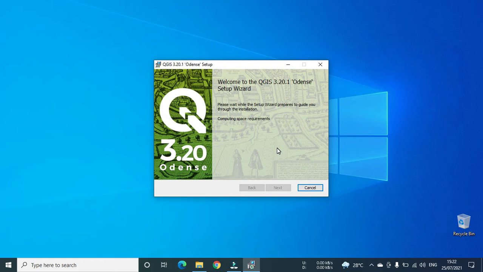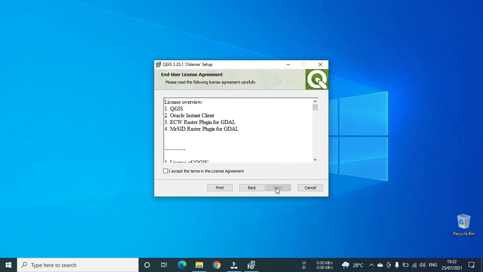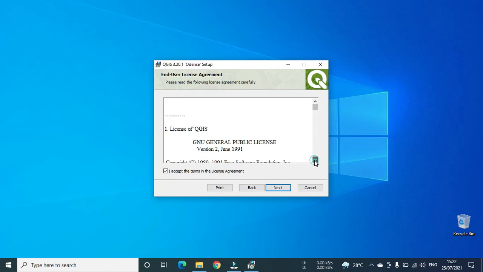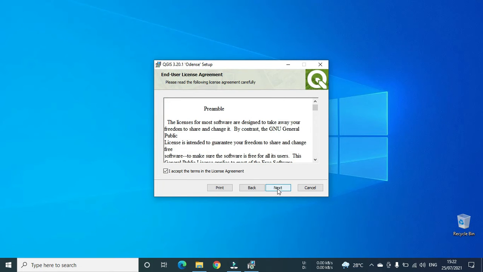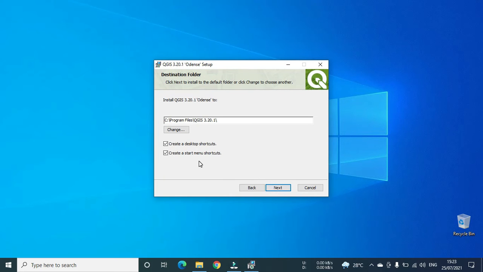Now this kind of flash screen will open and it is reviewing the system availability. Now I have to click on next and accept the agreement to move forward. If required, you can study the agreement and then click next. I am unchecking these options for creating shortcuts, but you can keep them. Click next